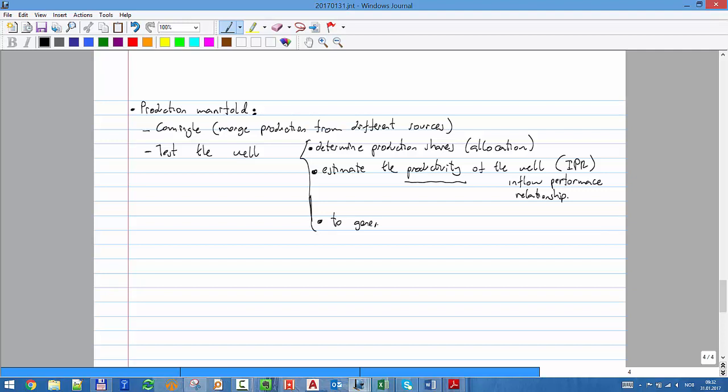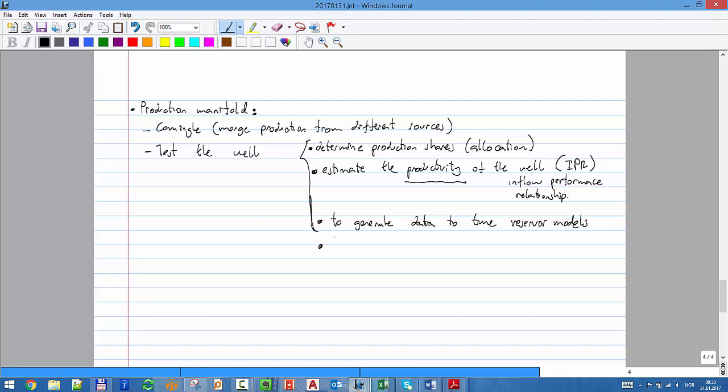Okay, and another thing that we want to use the well for is to generate data to tune reservoir models. Okay. Remember that the reservoir model is the only element in the whole system that is going to project how much we're going to get from that field. And that's for all kinds of planning, for strategic planning: when I'm going to stop producing, how much money I'm going to get, what is going to be my expected recovery factor, that's extremely important. So that's why